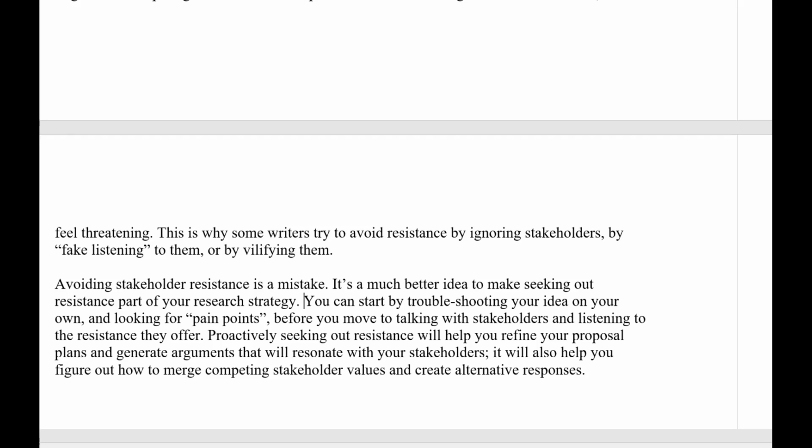But that could be one way to do. First step, start by troubleshooting. Or you could go through all three problems and then go through, all right, here's some ways to avoid these problems: troubleshoot, plan and listen, design your research to listen to resistance, and then merge responses could be a way to do this.